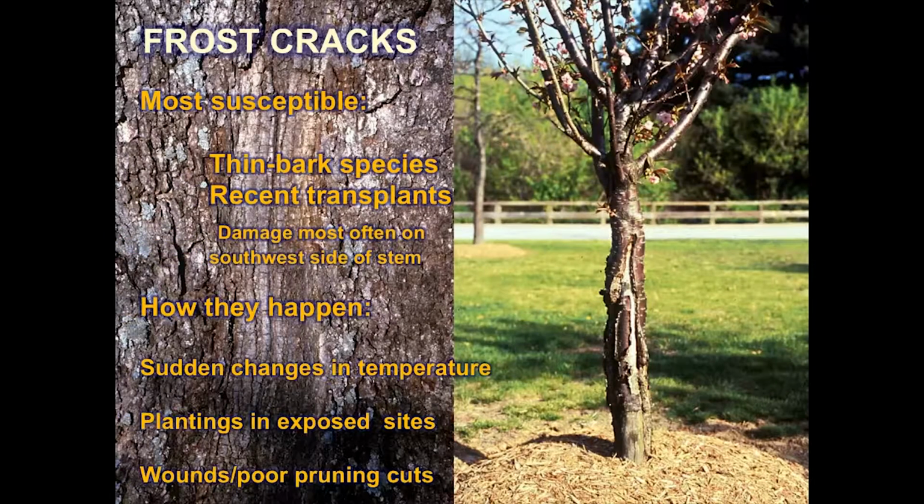So it's that really quick dip in temperature. We had an Easter cold snap about 4 or 5 years ago where it was in the 60s during the day, and overnight it went down to 19, and we saw this a lot on new red maples that we had planted at the Arboretum. All on the same side of the plant developed those cracks because of that really quick, rapid dip in the